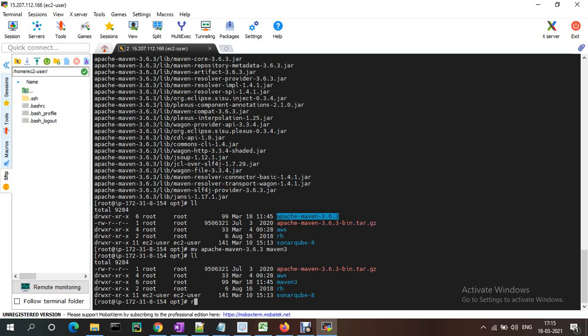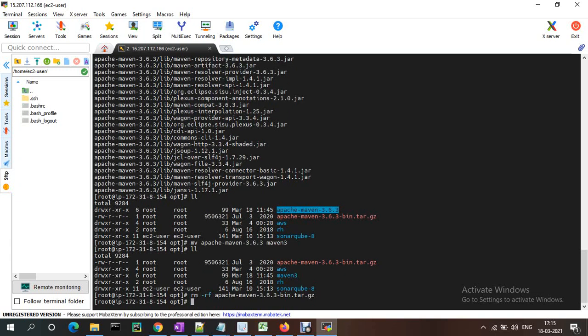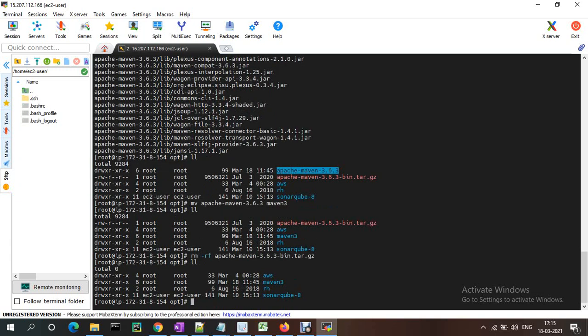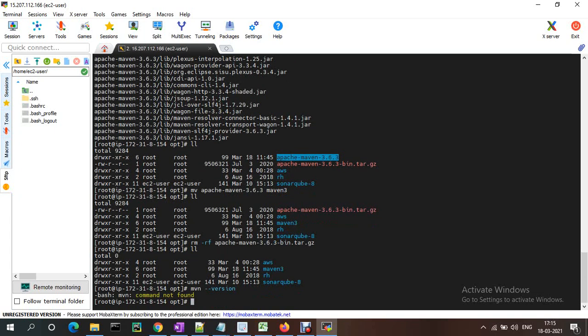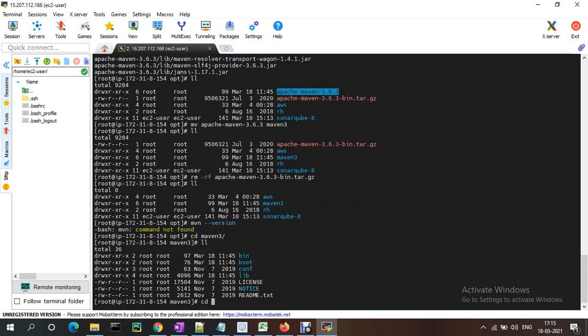I'm removing this tar file. If you just simply install, it will not show you the version. We need to update the path of Maven 3. For that I'm going to cd into Maven and the bin folder.